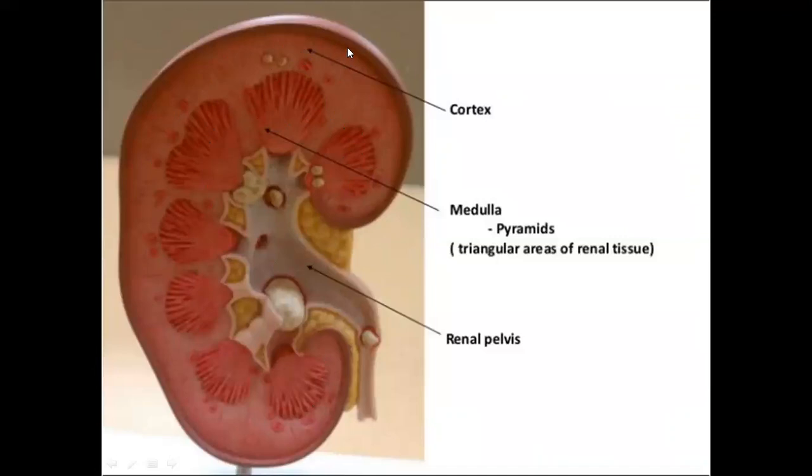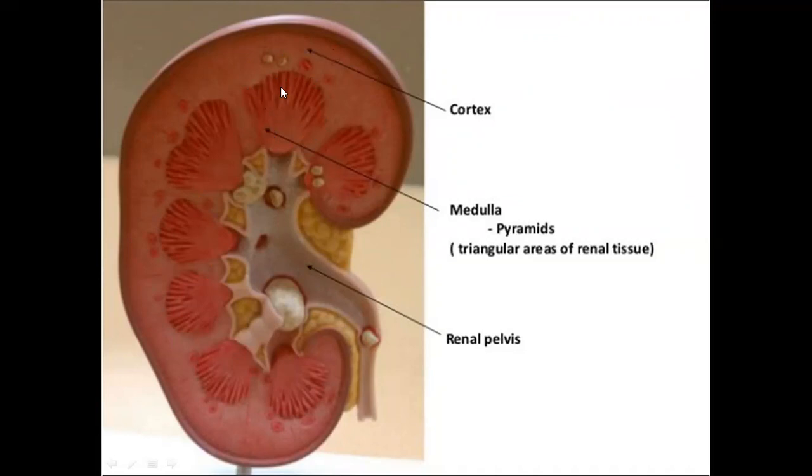Talking about the structures, the functional unit of the kidney is the nephron, and we are millions in terms of the nephrons. In the cortex region there are millions of glomeruli, and in the medulla we commonly have the collecting duct system. As we see, there is a pyramid structure, and this pyramid structure represents the collecting ducts.